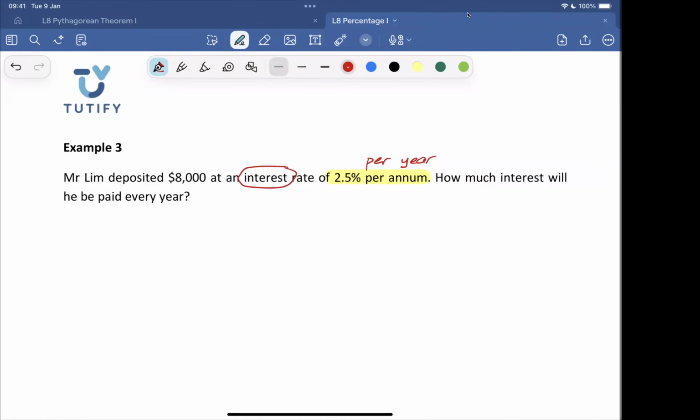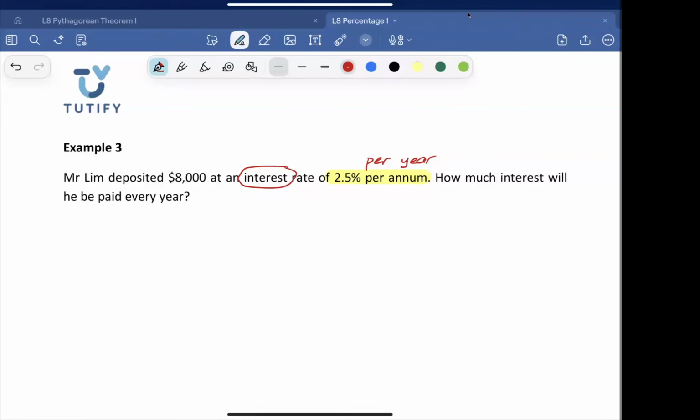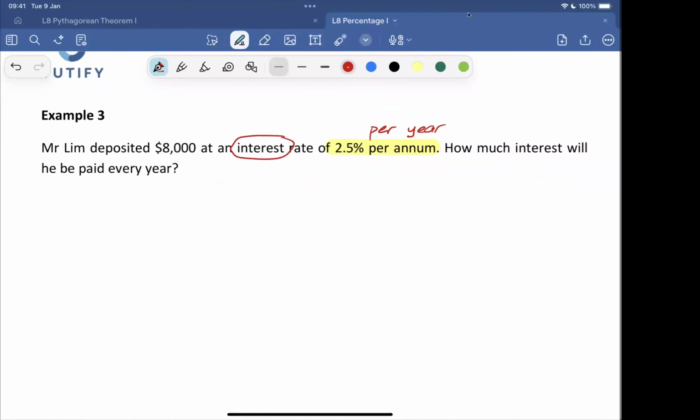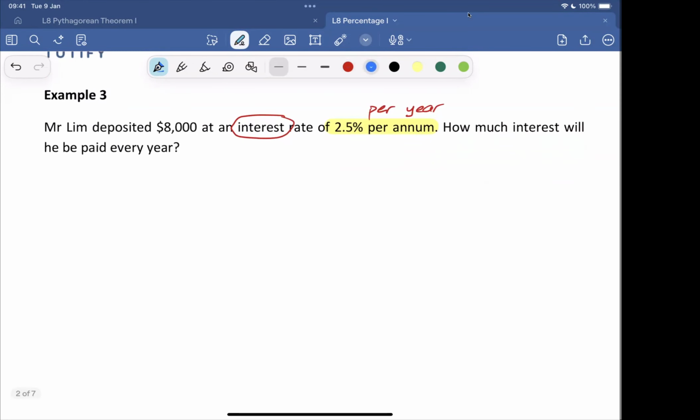Okay, so that's why the bank pays you interest, to say a little bit of a thank you for lending me your money. So now that you know that the bank pays you interest, let's calculate how much interest. 2.5%. And how much do you deposit, Oliver? $8,000. So you know how much the bank will pay you? He will pay you 2.5% of the money that you deposited, which is